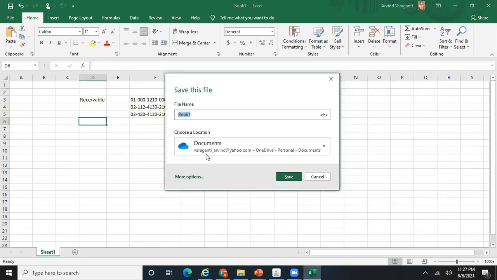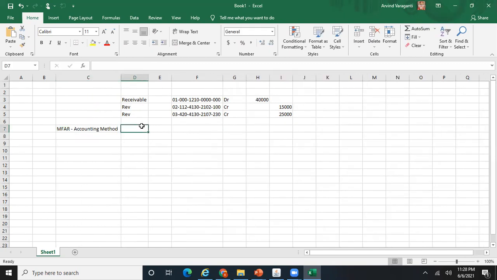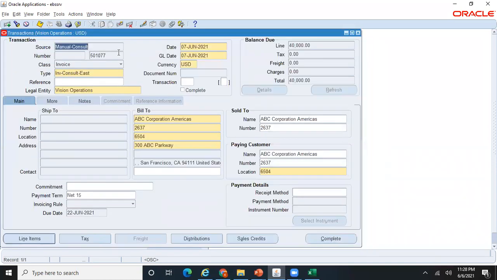Just ignore the rounding account. Okay, now with MFAR, where we are using accounting method. This is without MFAR. Okay, now let me run the create accounting.